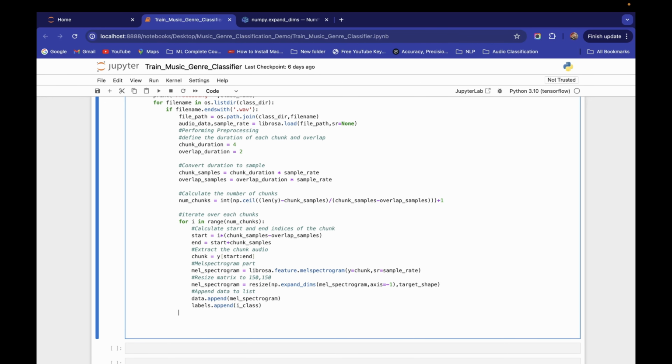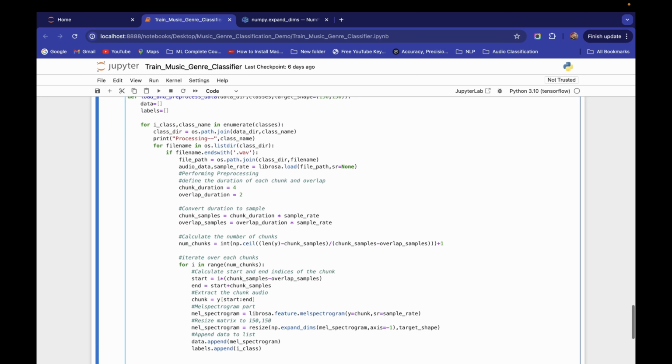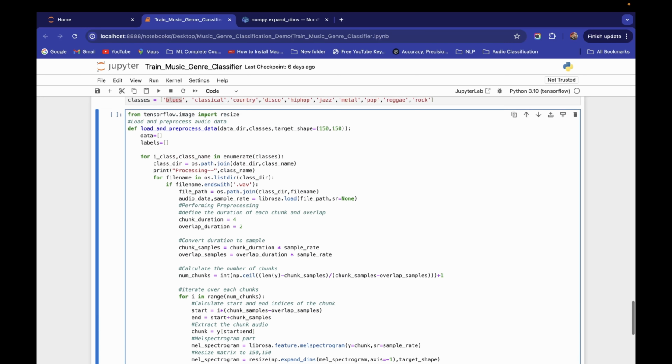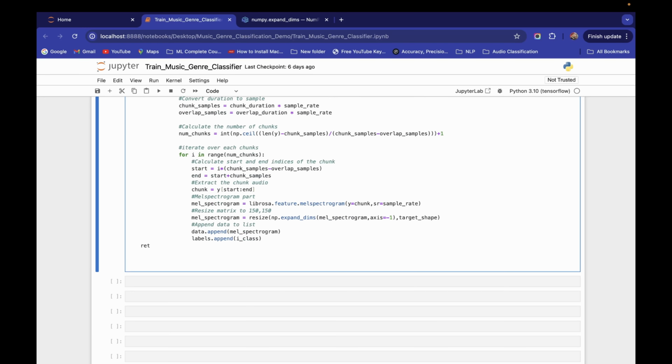Now after that, I will go outside the loop and return. To return, first I will convert this list to a numpy array, because later we want to pass this information to the neural network. Then I will convert the labels list also to a numpy array.